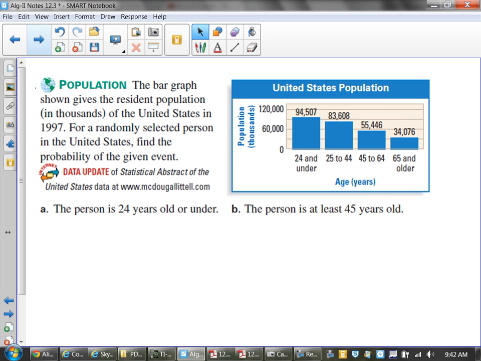So what happens here, if we're looking at theoretical probability,